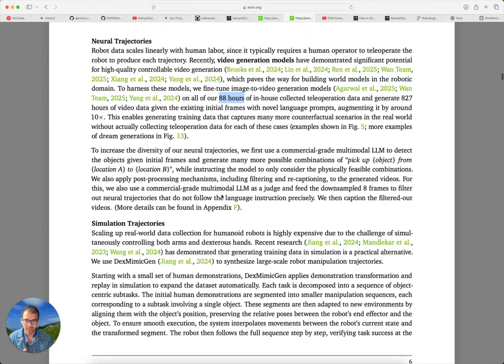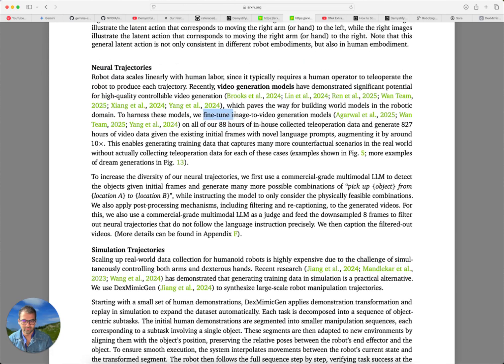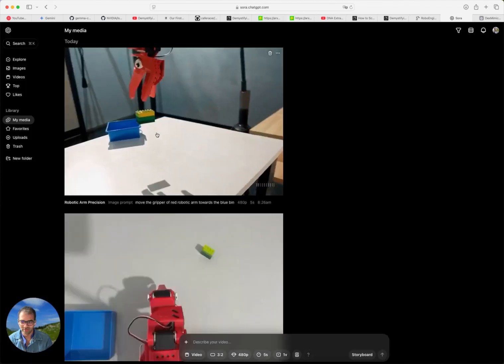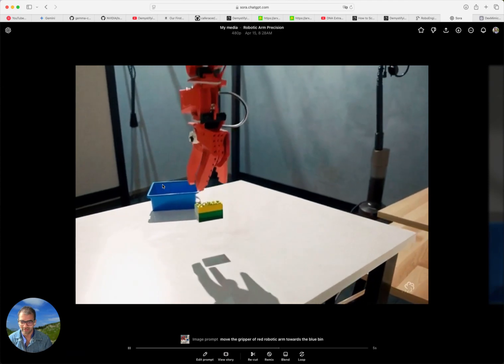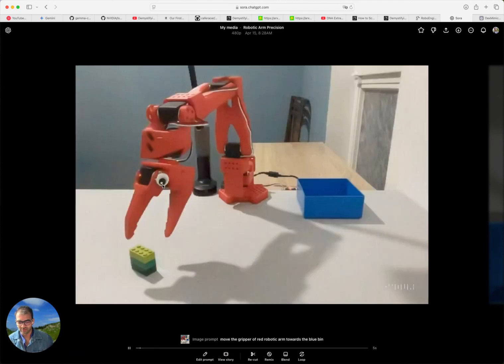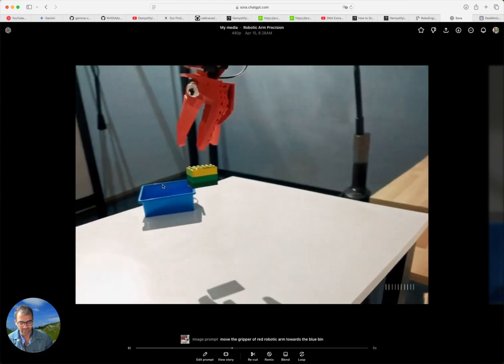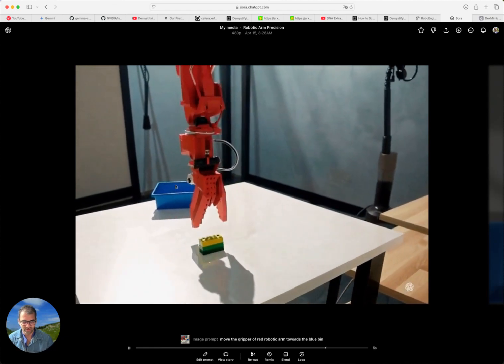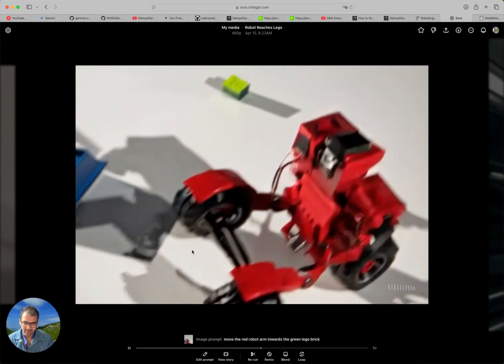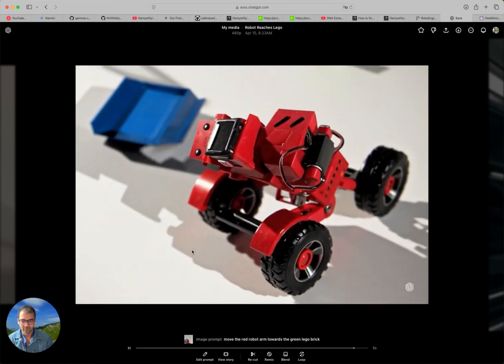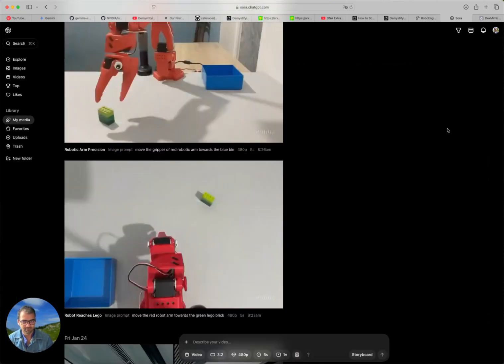Now you need to have fine tuning for image to video generation, because I tried that using Sora without any fine tuning, and it doesn't work. The robotics data that I have here is very out of distribution for the videos that this model was likely trained on, or even this one here. So I think you need a pretty good fine tuning for image to video models,